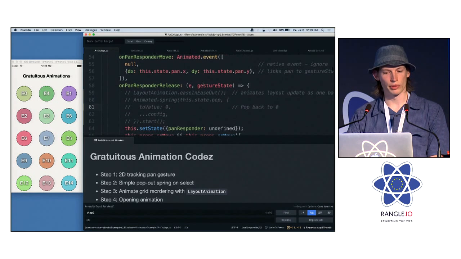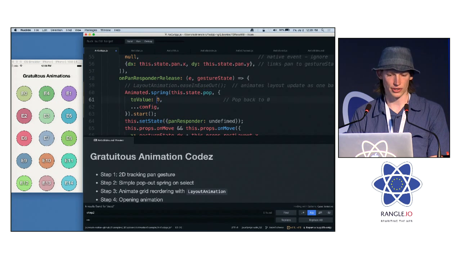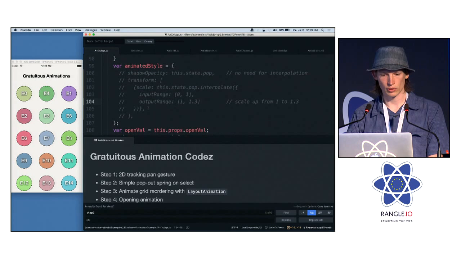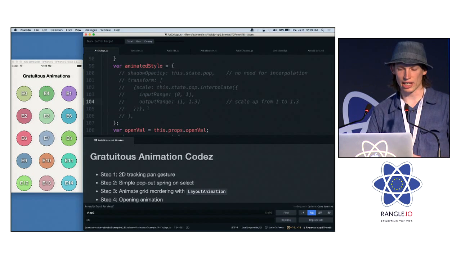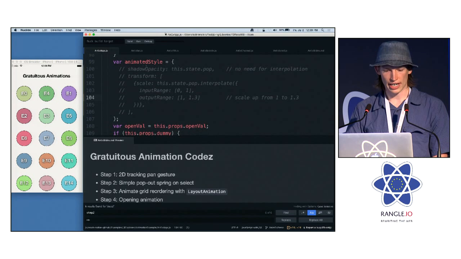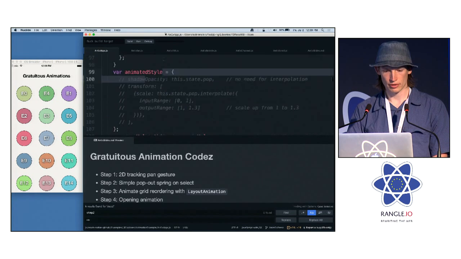And then, of course, when we release, we want to go back to where it was. So we're going to animate the pop variable back to 0, and we're going to use the same spring configuration so that it's symmetrical. Cool. So now that we have that value animating, we need to actually hook it up to the style. And so our animated style here, we're going to have,